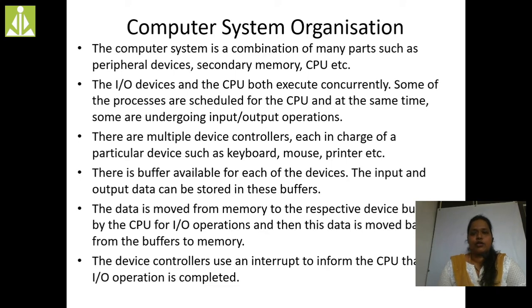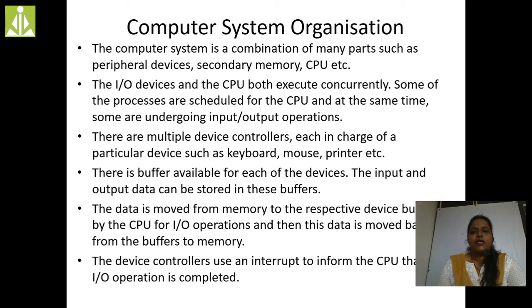How are they going to be organized and useful in order to complete a specific task? The computer system is majorly a combination of peripheral devices, memory, CPU, and secondary storage devices,